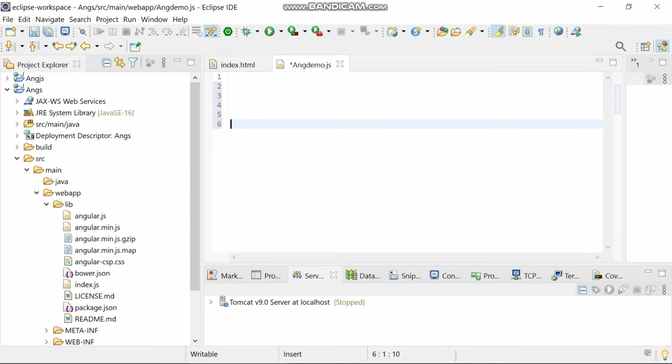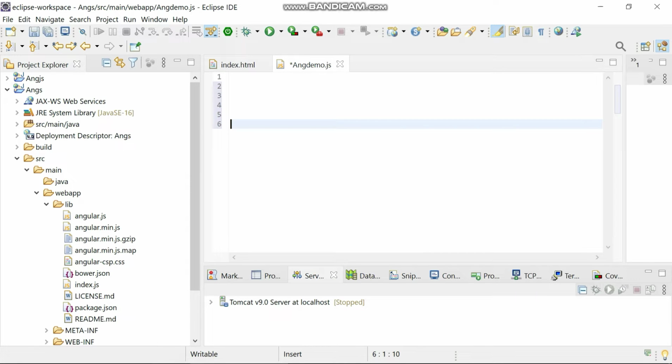Inside this, we need to name this. So every view page does have a module. I mean it does have an Angular app.